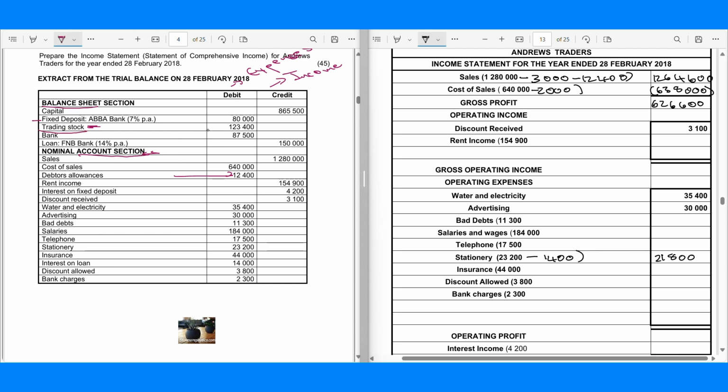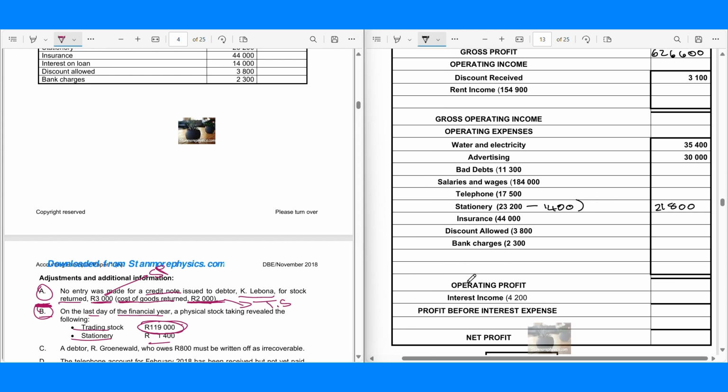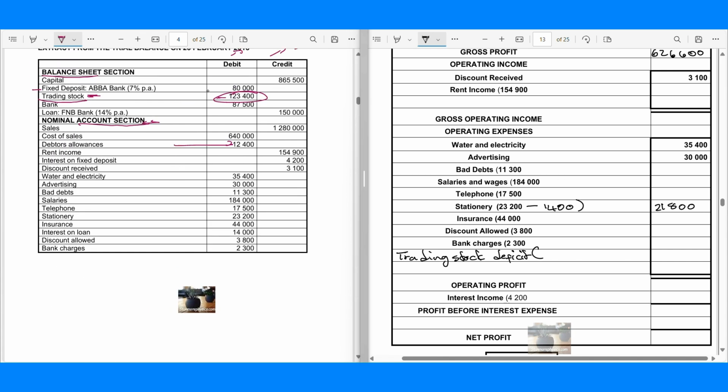When you check the trading stock, it's 123,400. This is what we are saying we have, and we realize that we have less than what we were expecting. So this is a loss. We are going to record it under expenses, right? Operating expenses. We are going to write trading stock deficit. So we open our bracket. After opening our bracket, we are going to take the one from the trial, which is 123,400